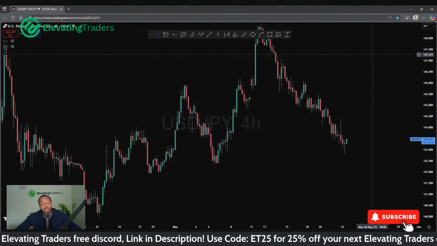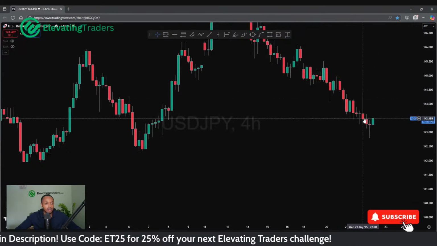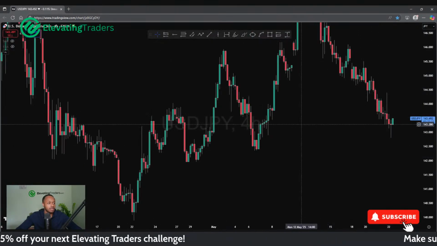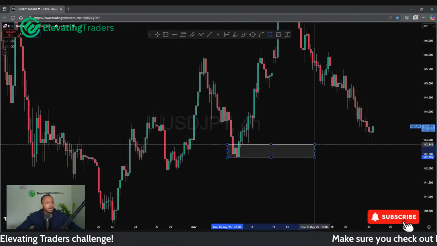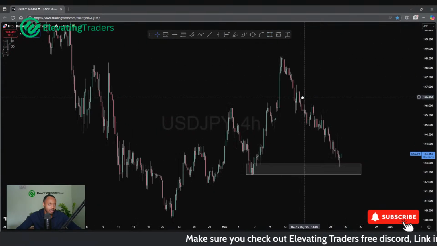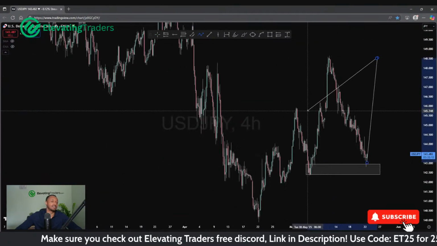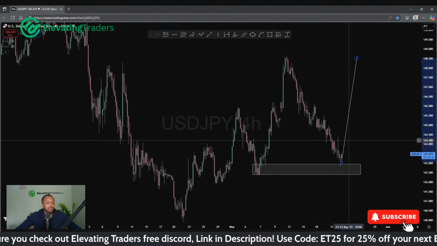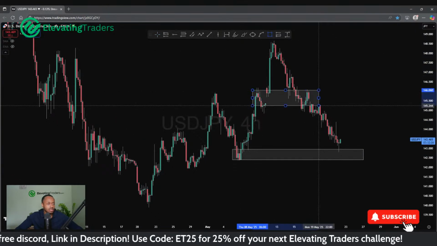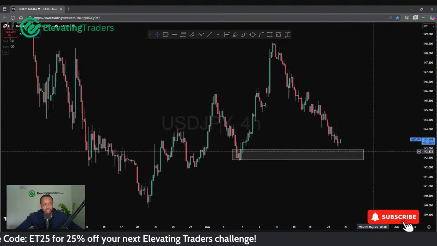We had some news overnight for dollar yen, which did give us a bit of a spike to the upside, pretty much across all the yen pairs. We are still coming into this low here, and of course it's still very much a pivotal low, which did give us the swing to the upside. But do I expect price to have a swing back to the highs there? Not as confident as I was coming into the week, because I was expecting price to either respect this area here or potentially the high there. Both areas disrespected.